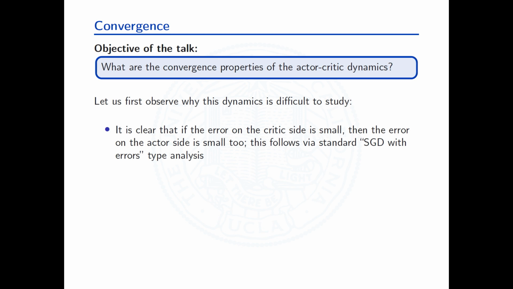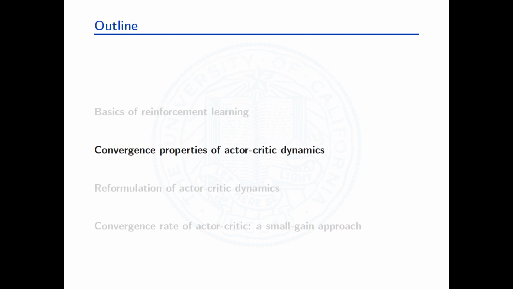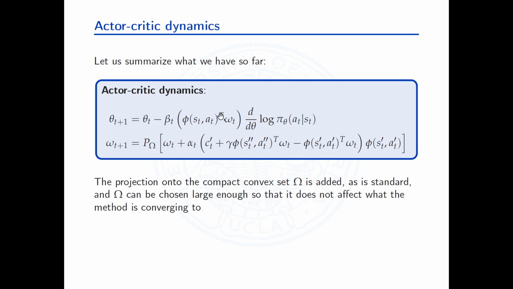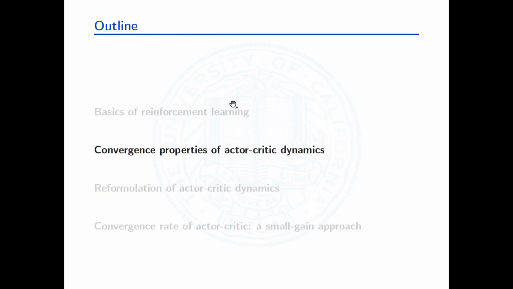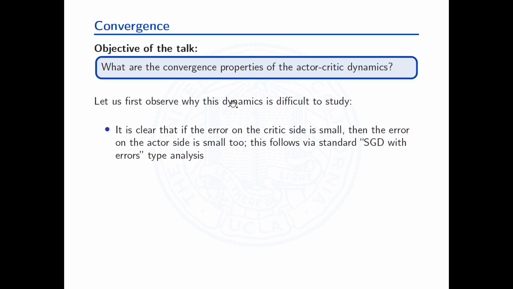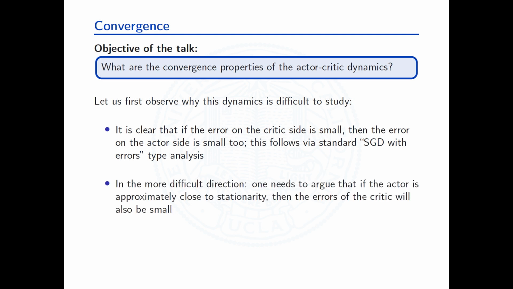So this is a very difficult dynamics to study in general, and let me tell you why. It should be very clear, because one of these dynamics is a SGD. Remember, one of them is a SGD. This one on top, this is a SGD. So one can say, well, maybe I can do some SGD with some error, right? Some error that's coming from the critic into the first dynamics. Maybe I can do something like that. Well, in order to do that,